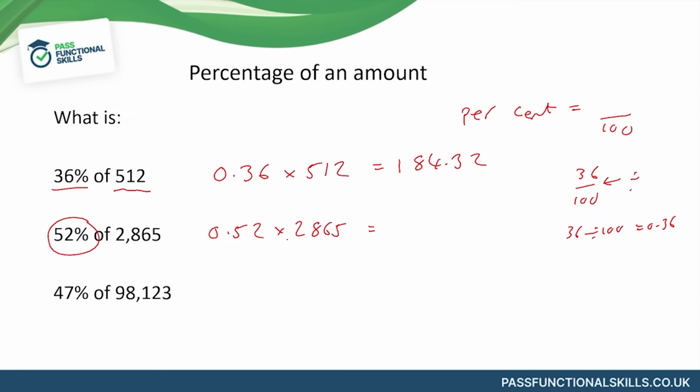We've done the hard work, now we just need to type it into a calculator. So 0.52 times by 2865, and that comes to 1489.8. And finally, 47% of